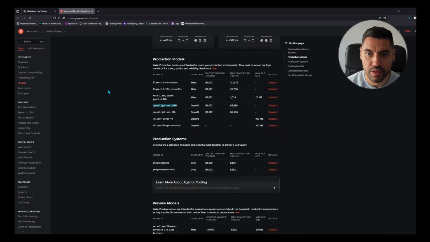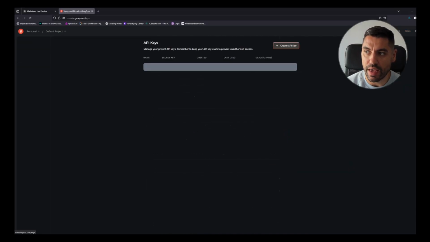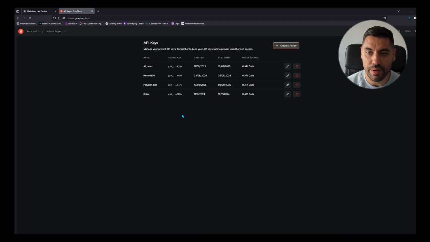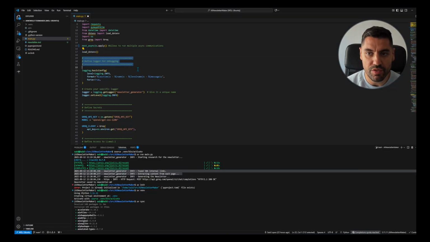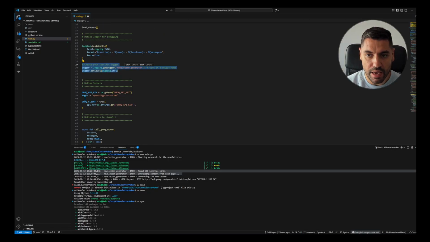So you're going to need an API key, and you get that in Groq. So if you go to Groq, and then you go to API keys, you can see over here all of the different API keys, and then you can create one here at the top. What else are we going to do? We're going to define the logger. So why do we need a logger? Because we want to track the status of our agent, and this is how we activate it and create it. Okay, as I was saying, we have the secrets over here, so I'm importing the Groq API key,